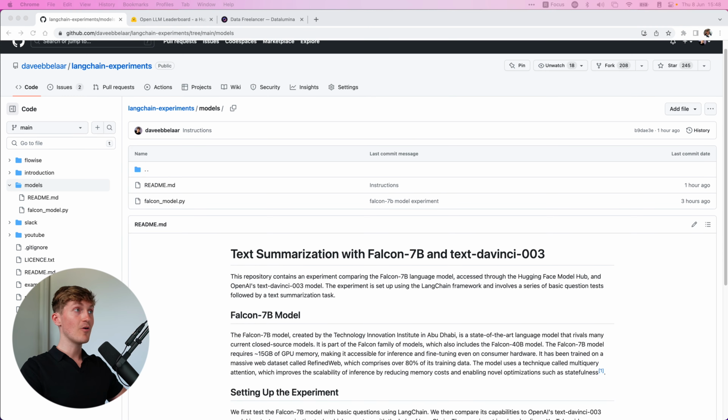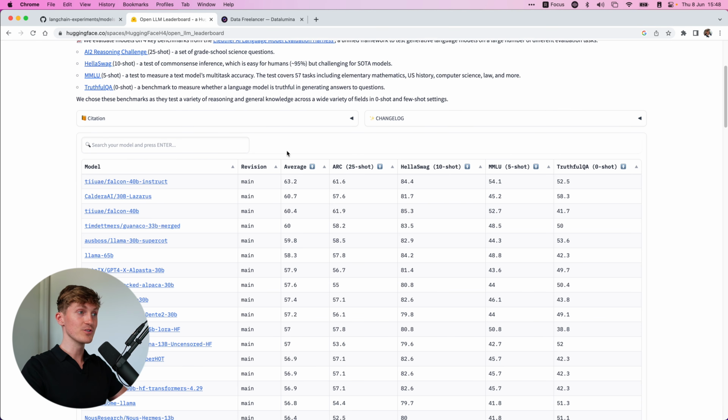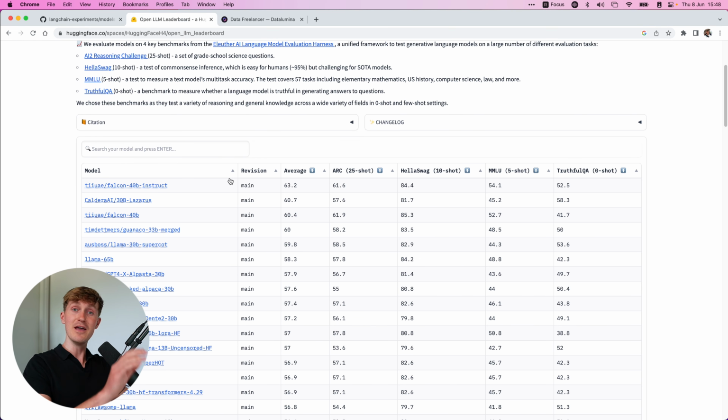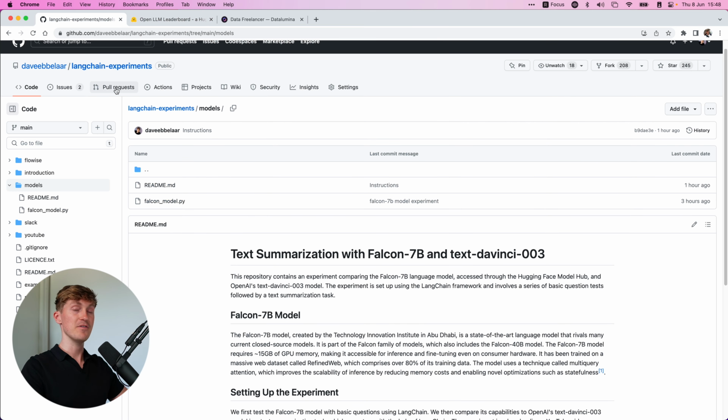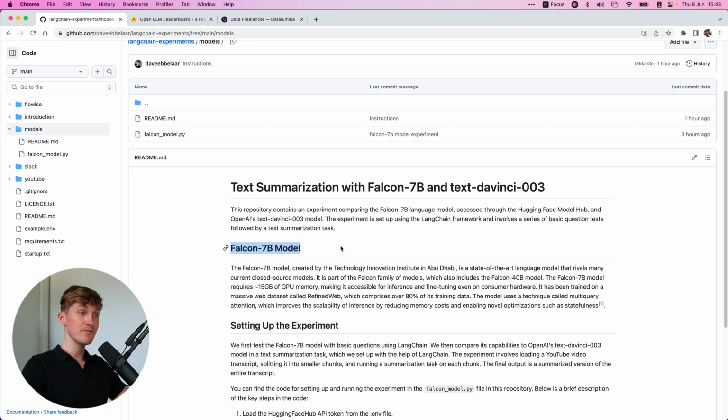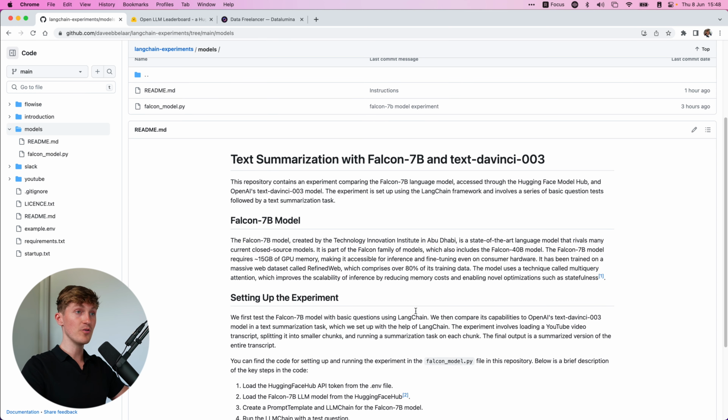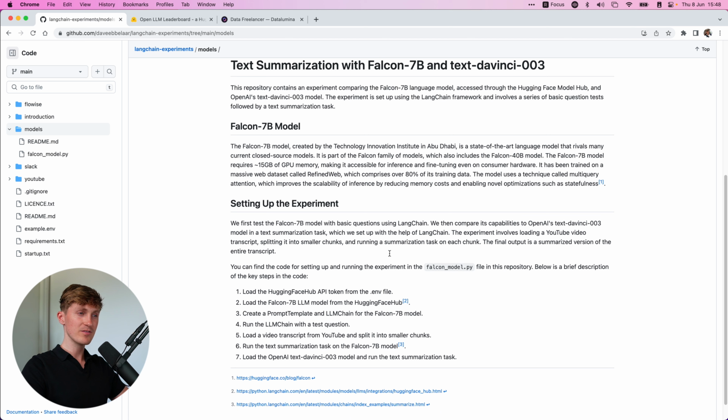Alright, so you now know how to work with the open source models from Hugging Face. Like I've said, very valuable skill to have if you're serious about learning how to work with large language models. We've looked at the Falcon 7 billion parameter model, we set up a quick little experiment, created some text summarization, and it's overall to give you an understanding, a good idea of how to go about working with different models, how you can compare them, and